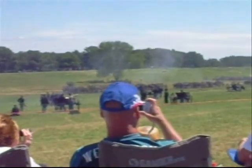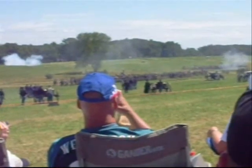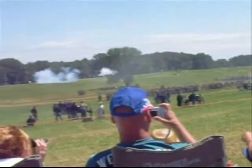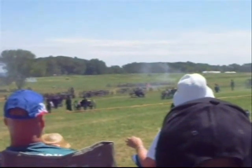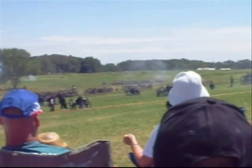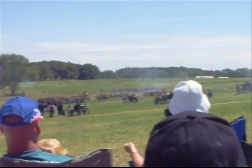Union soldiers know they have to hold their ground. Could mean the end of the war if they don't. Kemper's men begin to cross through the Codori farm buildings, and suddenly moving out